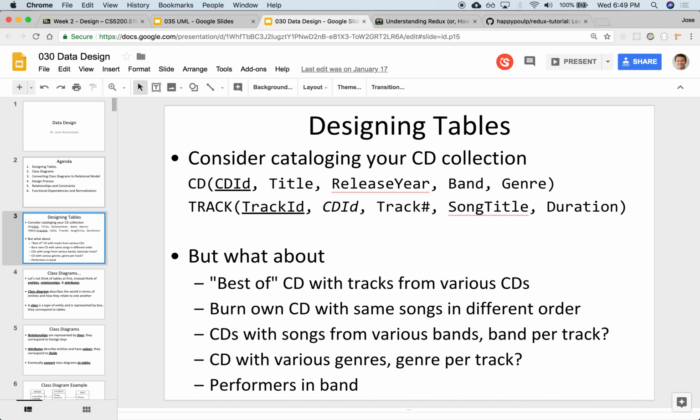Let's keep talking about data design. Okay, so say somebody asks you that you want to capture information about your CD library, and well, you got